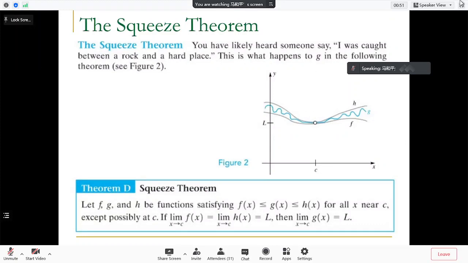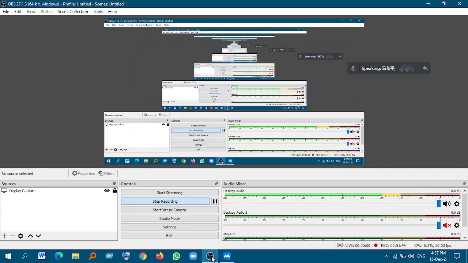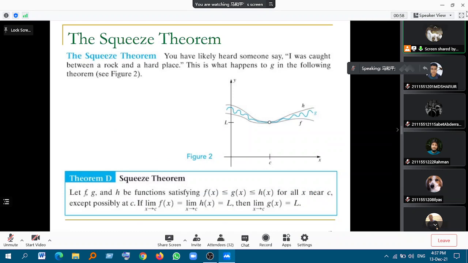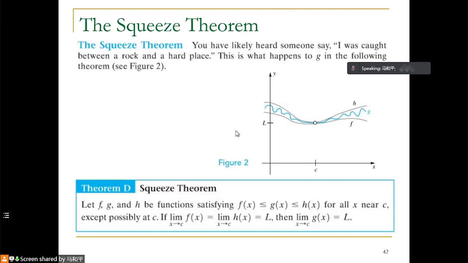Remember, last time we learned the squeeze theorem. We have theorem D. We have three functions f, g, and h. Suppose f(x) is less than or equal to g(x), and g(x) is less than or equal to h(x), for x near c, except possibly at c. If we have